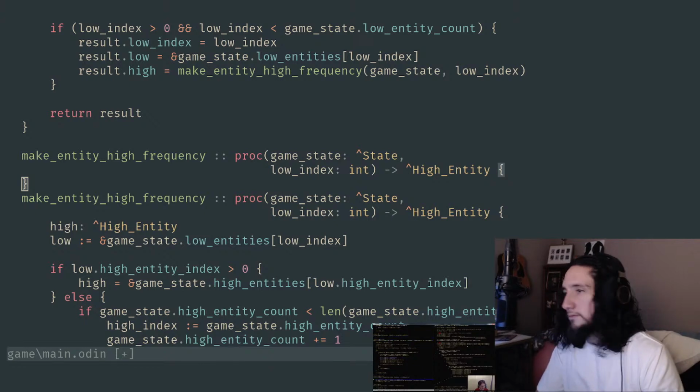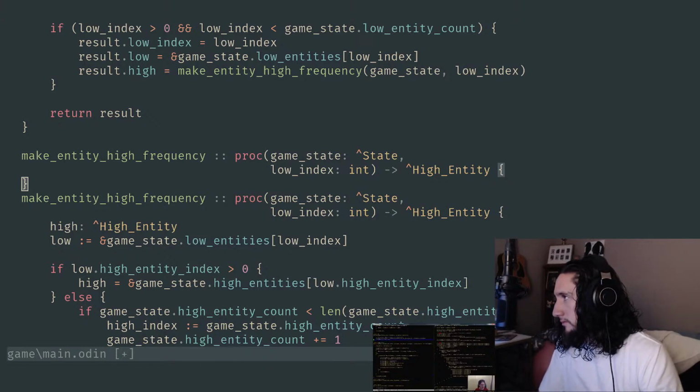All right, so here we go. This will actually move up here now. And entity, that's actually just this. This is our result. There we go. This will compute that camera space P that we were previously doing right in line. And you can see that it needs the game state to look at where the camera actually is. So that'll get the camera space P. If you call make entity high frequency now, we're just going to punt to the other call, entity high, like so, and pass all of the same stuff, but we will do that work that wasn't happening before. So we'll grab the low entities, like so.